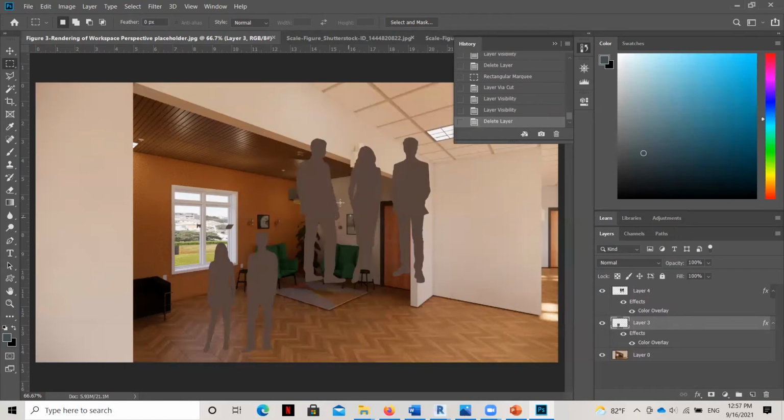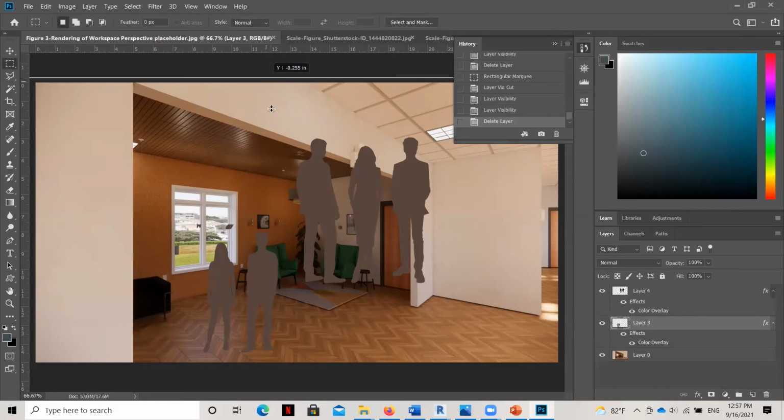Okay, so the next thing that I need to do is figure out the correct height. Now, when I was creating this rendering here in Revit and Enscape, I remember I placed the camera here at about 5 feet off the ground. So right about here is eye level.